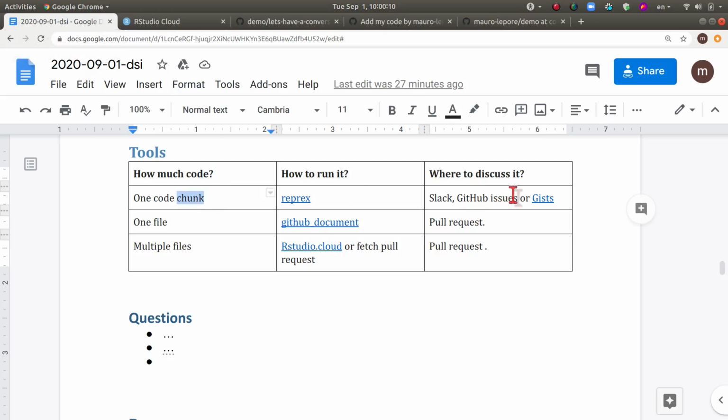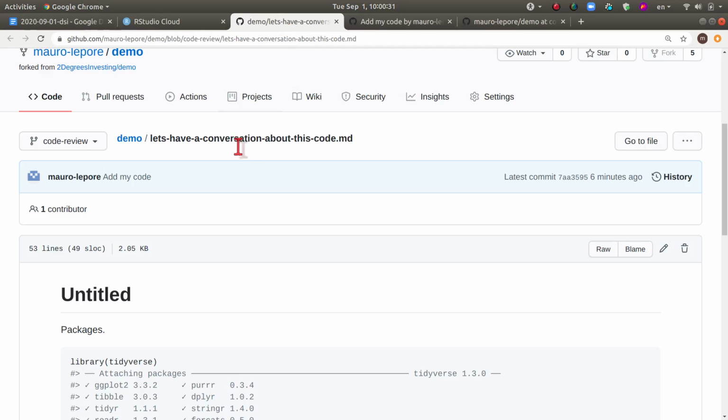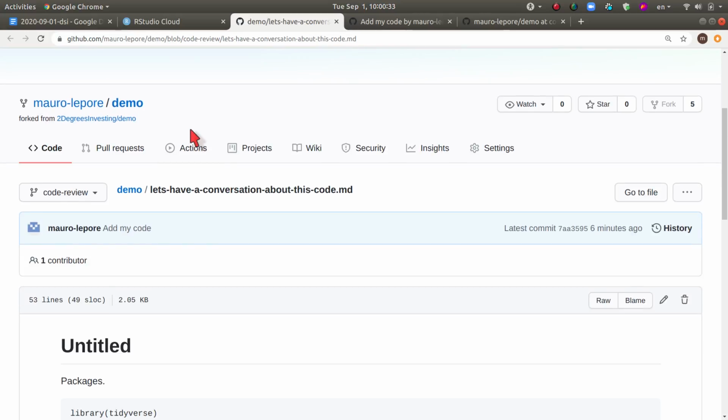So we already discussed reprexes shared via Slack or GitHub issues or gists. And we discussed now one file, shared via a GitHub document, and finally having the conversation via a pull request. And now let's discuss what happens if instead of one file, you have multiple files. Well, same thing really, because notice how what I have just committed is not just one file, but two files, or actually three files: the data file, the RMD file, and so